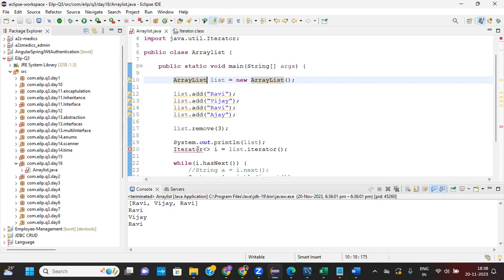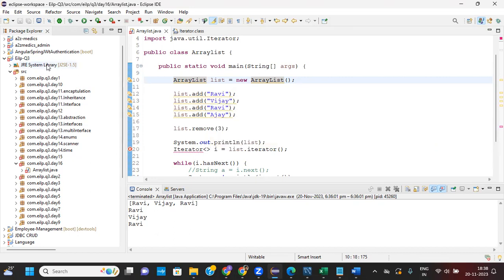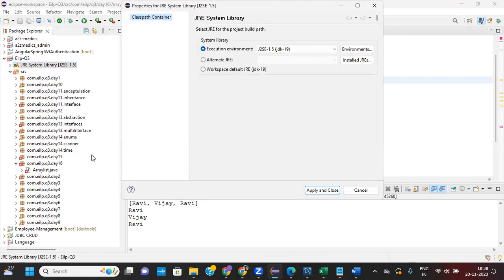Understood, but what is the need of using generic or non-generic? If we are specify the type, what will happen? If we don't specify the type, what will happen? It will force to have only the specified type of object in generic, and in non-generic,